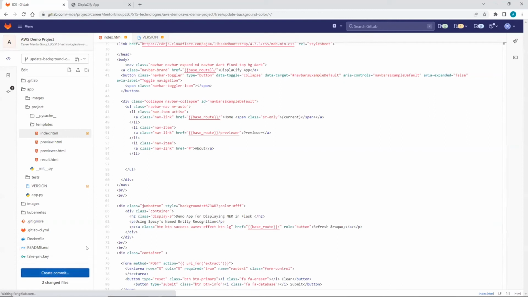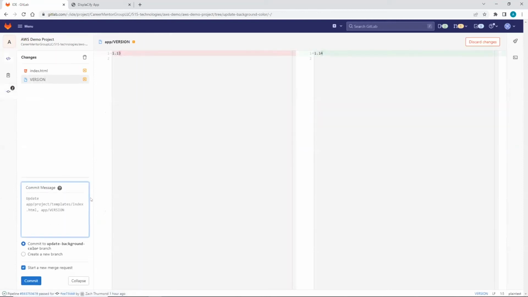So the next thing we have to do is create the commit, then just give it a message. So we'll say updated background color, changed to purple, and increased version number. We will commit this to our update background color branch because that's the way we want to